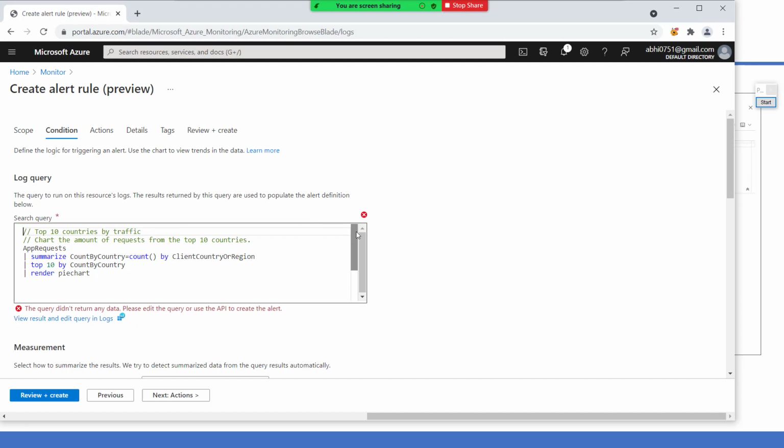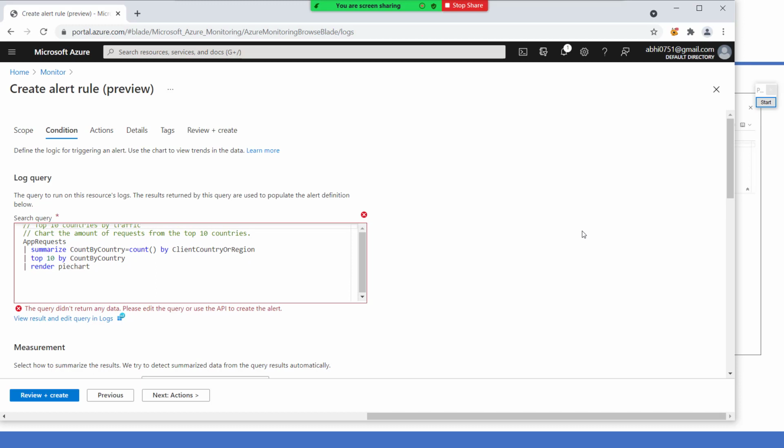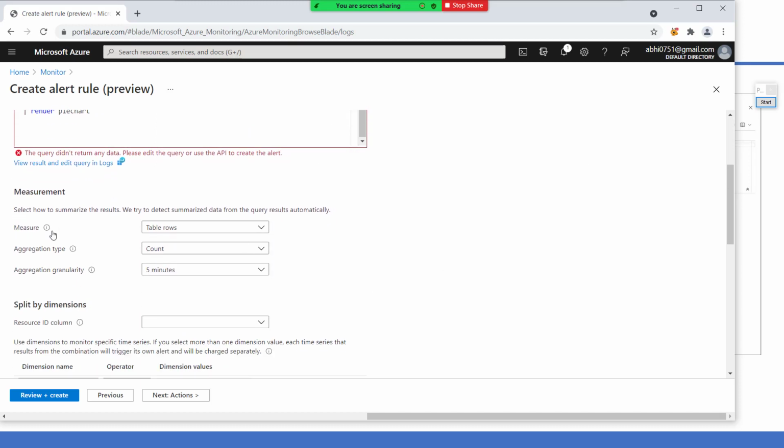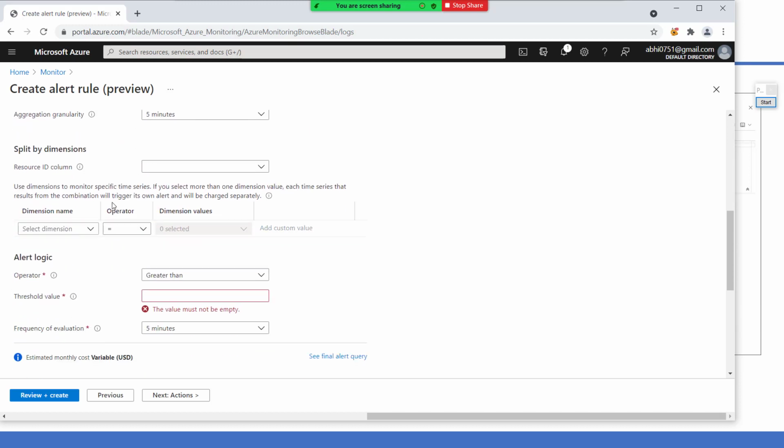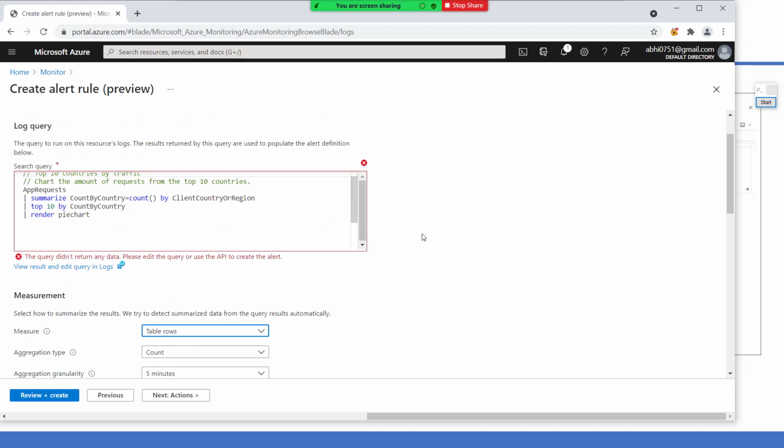It says that this query is currently not returning any data, so you need to modify the query from start date to end date, and then it will give you results. You can define the measures, the table rows, the counts. Then you just need to create an alert by defining the action group, etc. And you can create an alert. You can also select the frequency of evaluation. Is it clear?